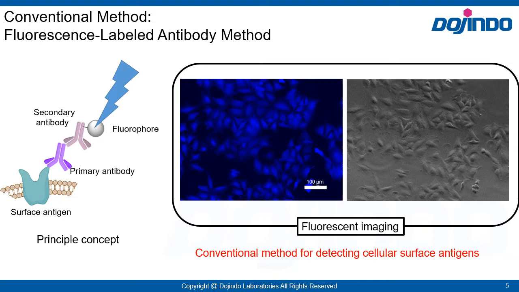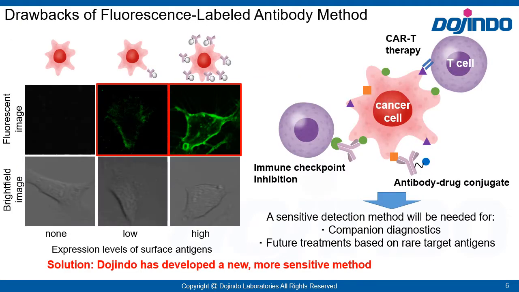interest. We will now explore the limitations of this design and discover why this technique is difficult to use for surface antigens with low expression levels. The images on the left illustrate the biggest weakness of the fluorescence-labeled antibody method, specifically that the intensity of the fluorescence produced is dependent on the amount of antigen present on the cell surface. If the antigen is highly expressed, as we see in the rightmost fluorescence image, then it can be clearly observed. However, if the surface antigen has low expression, it can be difficult to determine whether the antigen is present or